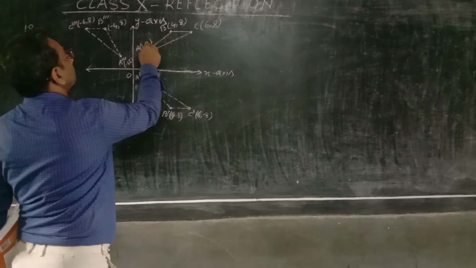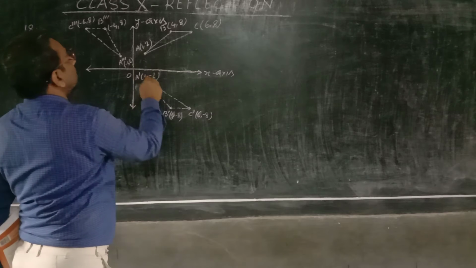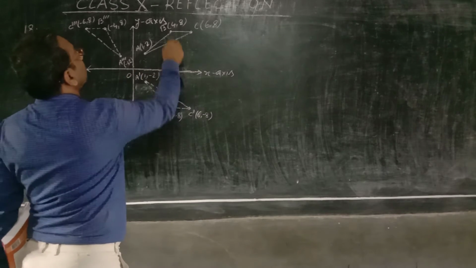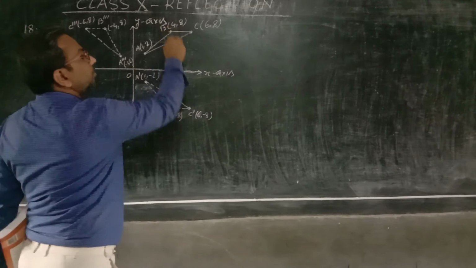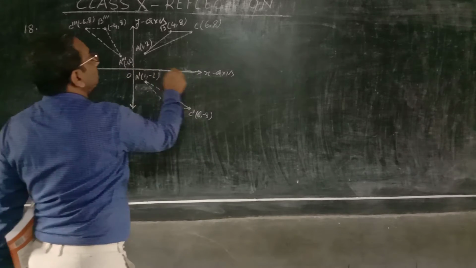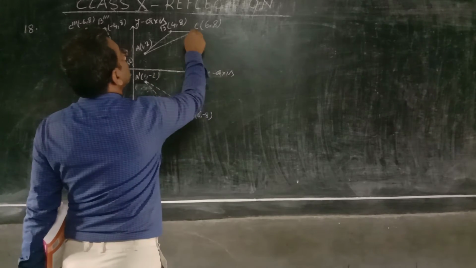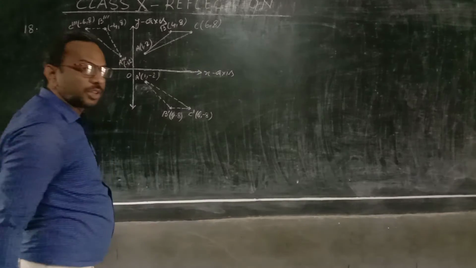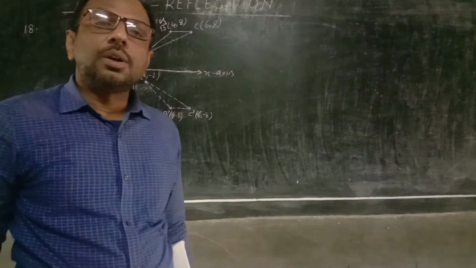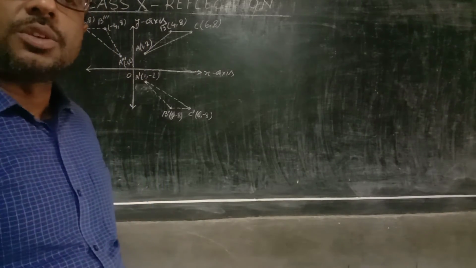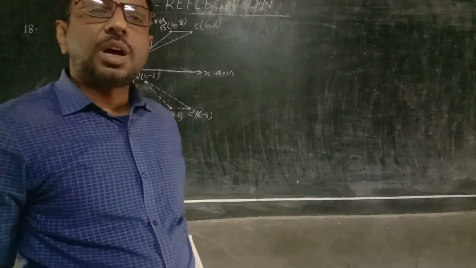So coordinate of A became 1, 2. Similarly, this distance is 4, and this distance is 8. So coordinate of B became 4, 8, and this distance is 6. This distance is 8. So coordinate of C became 6, 8. In this way, we located all these 3 points A, B, C in the first quadrant because abscissa and ordinate